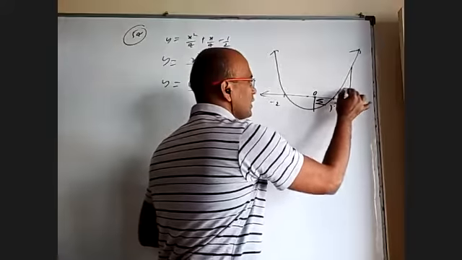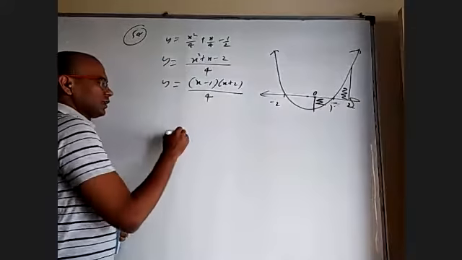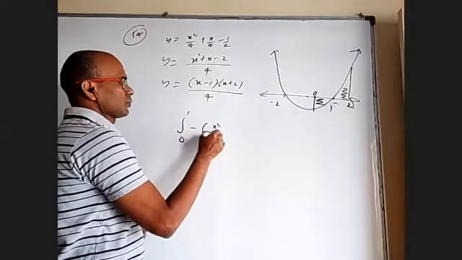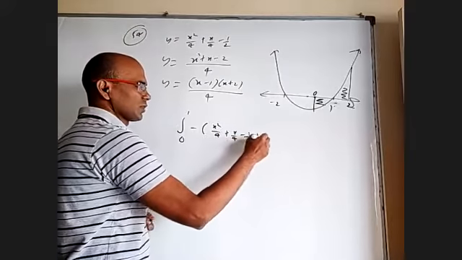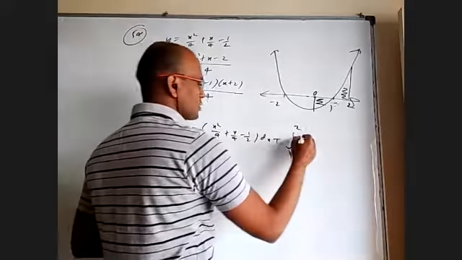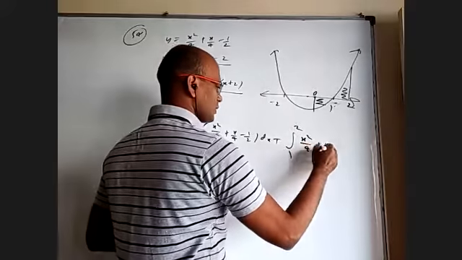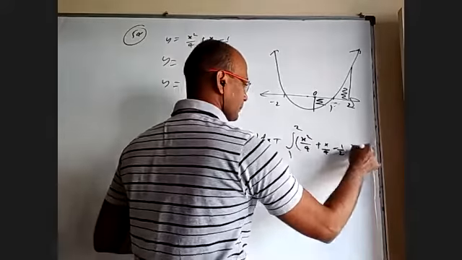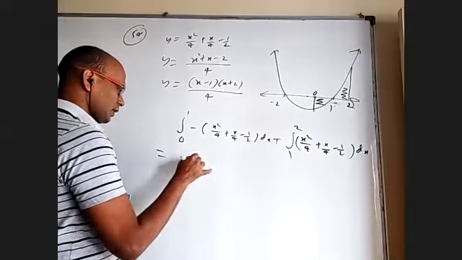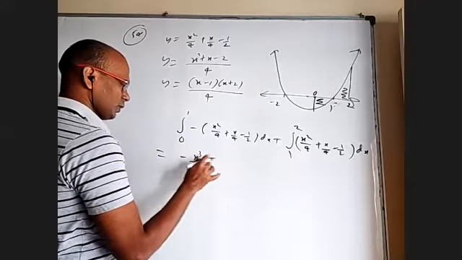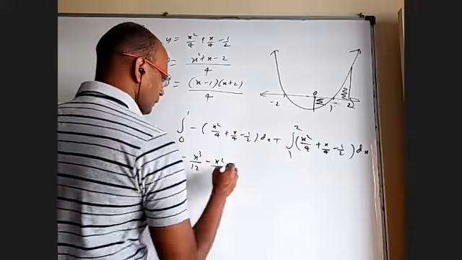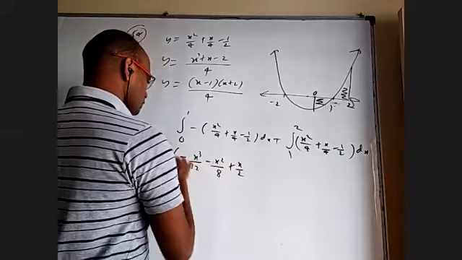They want this area and this area. Integral 0 to 1, it is below the x-axis. So you have to take minus of x square by 4 plus x by 4 minus of d. Whereas between 1 to 2, you take upper curve minus lower curve, which is x square by 4 plus x by 4 minus of d. Okay, what is this one? Minus x cube by 12 minus x square by 8 plus x by 2 with the 0 to 1.